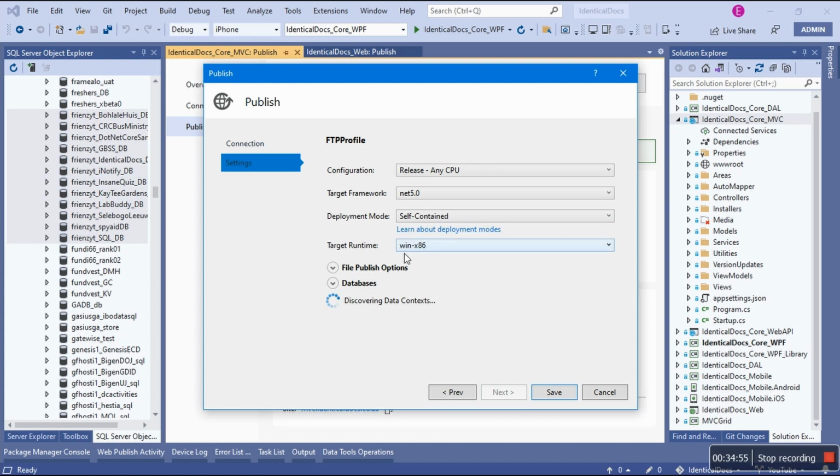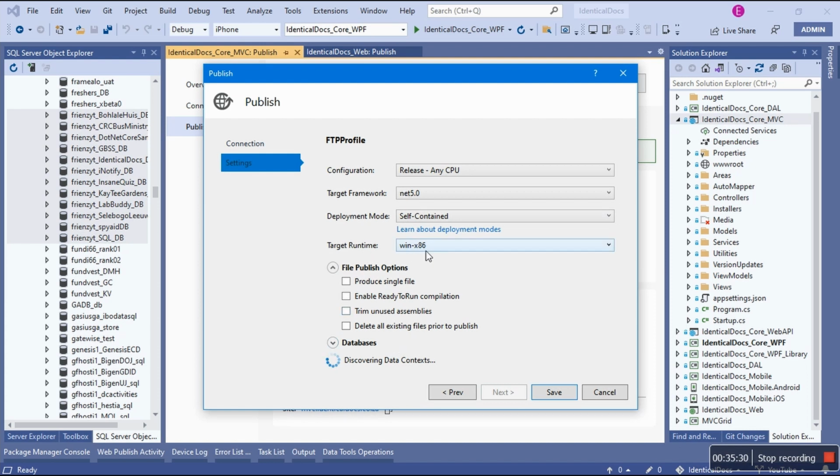The space is big because you have two options. You can do framework dependent, meaning that on the server where it's going, there are files needed to run this project. You see, mine is .NET 5.0. It's no longer 3.1. Self-contained says take all the files that make up this project and push them. One of the things in the file publish options is that you can say delete all existing files prior. You can do whatever you want, it's how you want to do it.